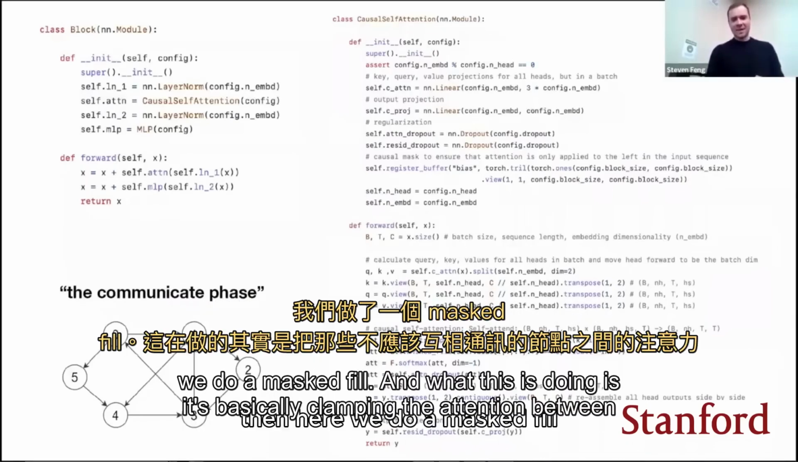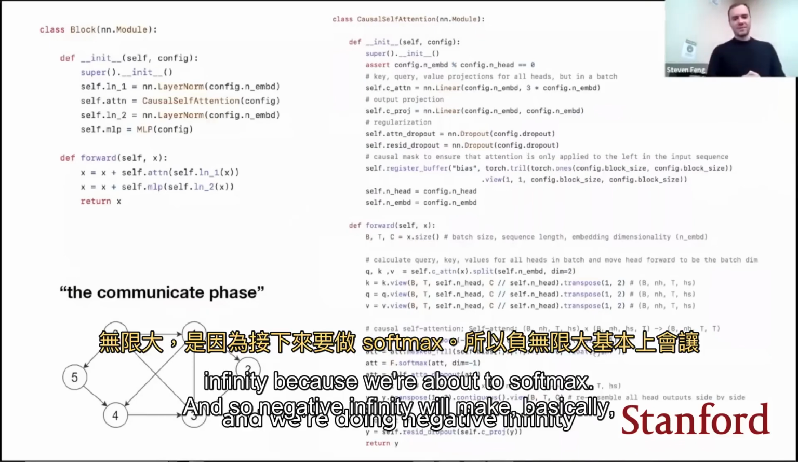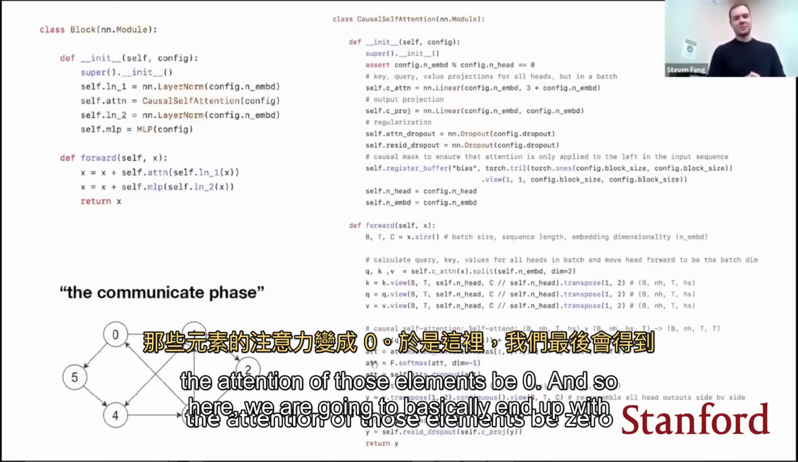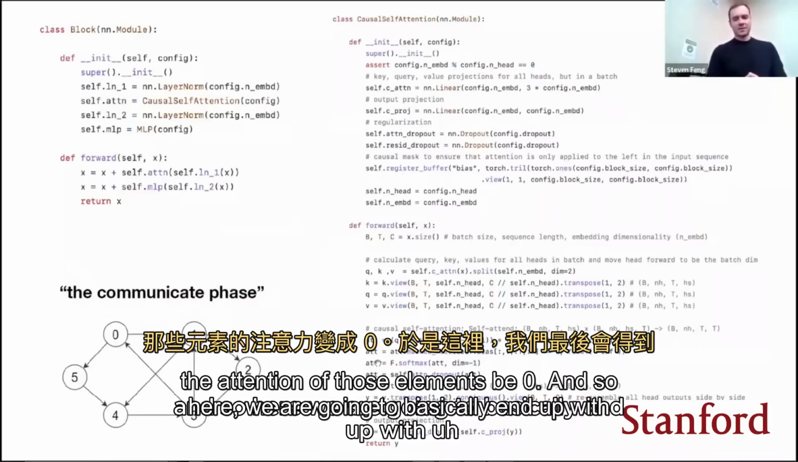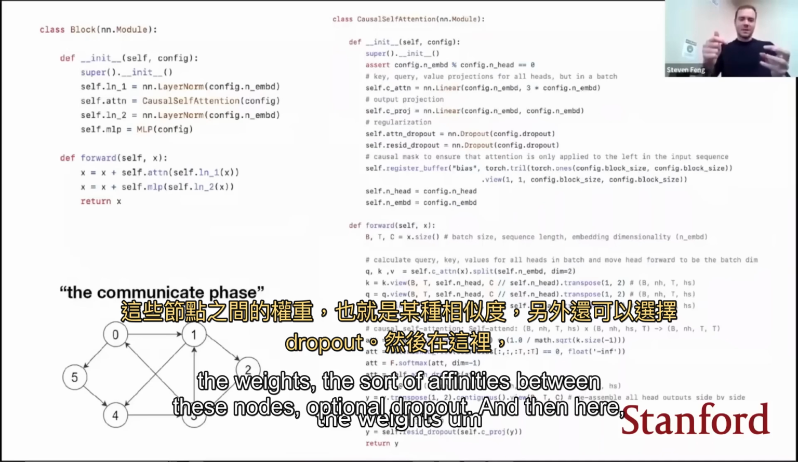Then here we do a masked fill, and what this is doing is it's basically clamping the attention between the nodes that are not supposed to communicate to be negative infinity. And we're doing negative infinity because we're about to softmax. And so negative infinity will make basically the attention at those elements be 0. And so here we are going to basically end up with the weights, the sort of affinities between these nodes,